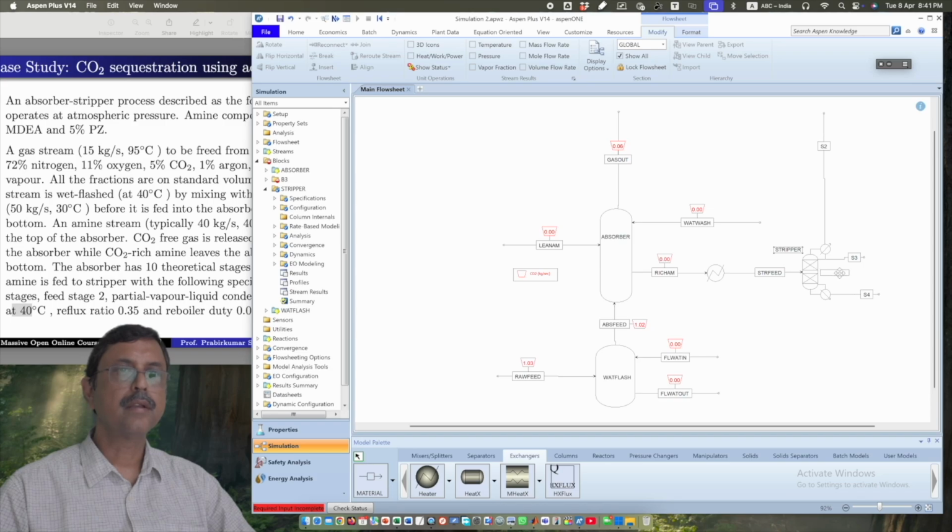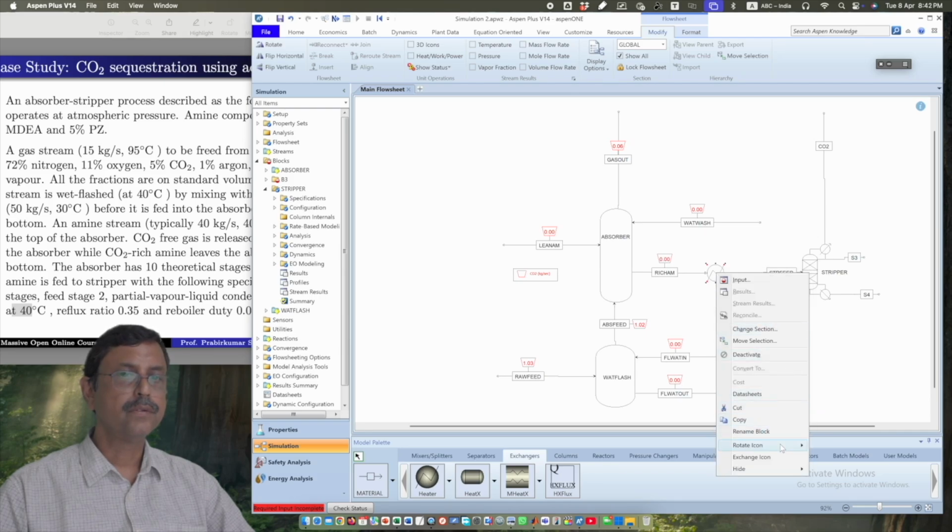Keep it over here. Rename it as CO2. Okay. And then what else do we have to do? Oh, B3, this one. So this one, let us open,